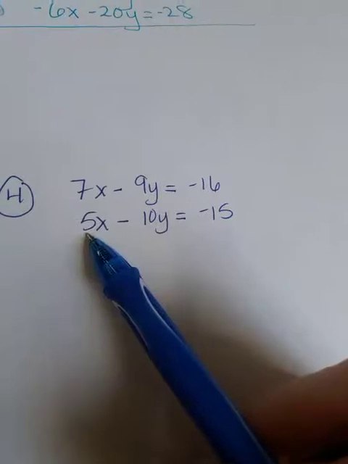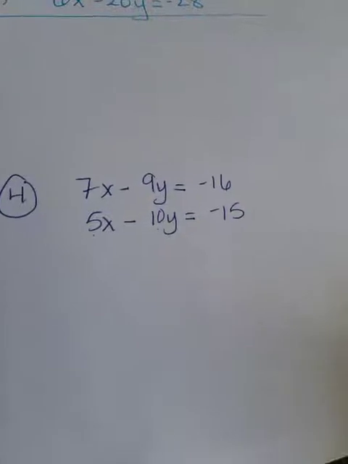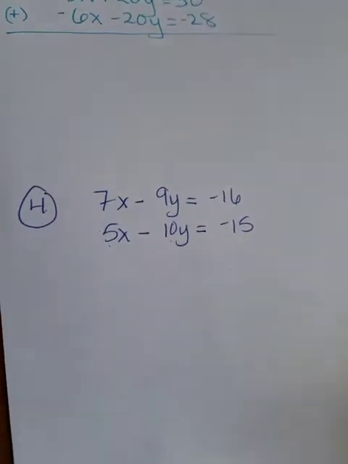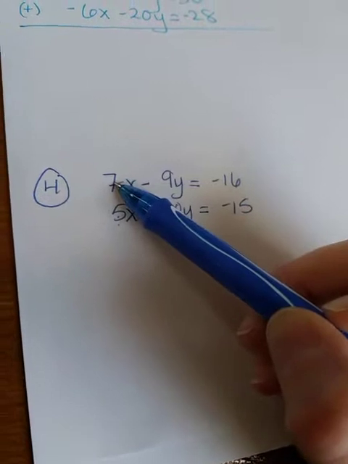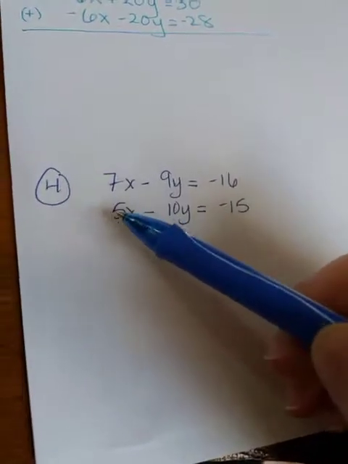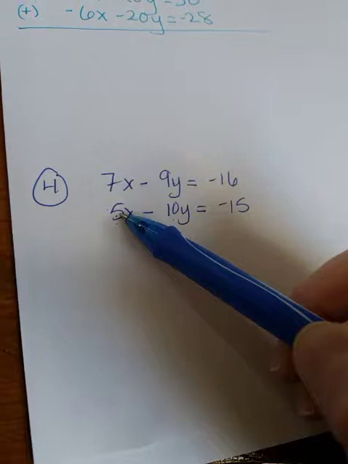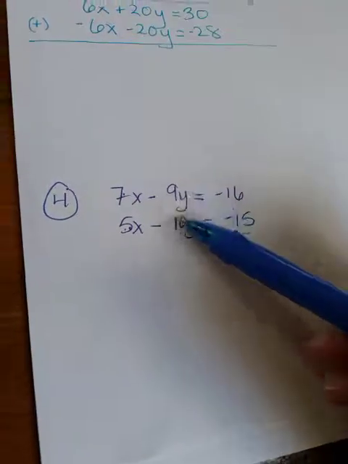7 and a 5, that does not cancel to 0. A -9 and a -10 does not give you 0. This one's a little bit more tricky because you'll notice that you can't multiply 5 by a whole number. Again, we want to stay away from multiplying by decimals and fractions. So we can't multiply 5 by an integer to get 7, and you can't multiply 9 by an integer to